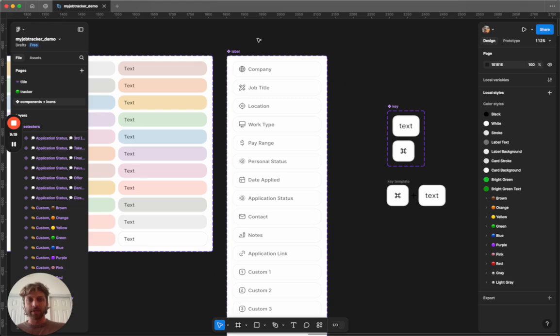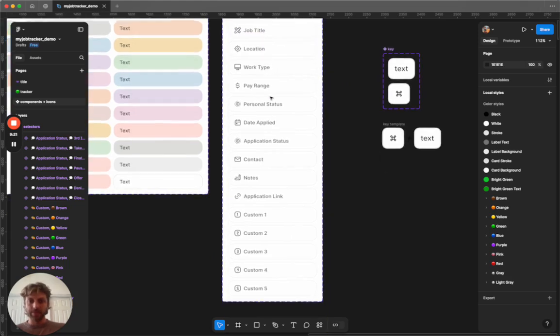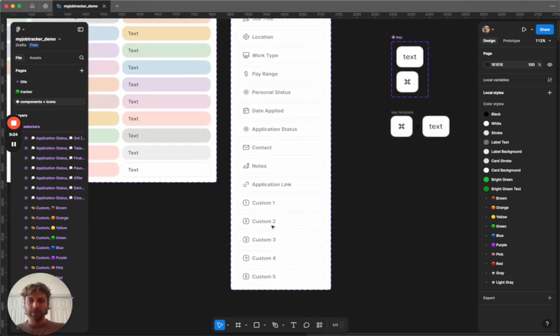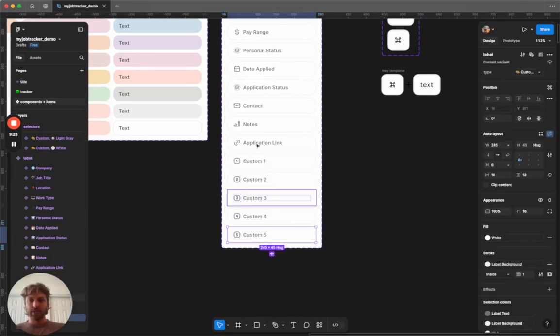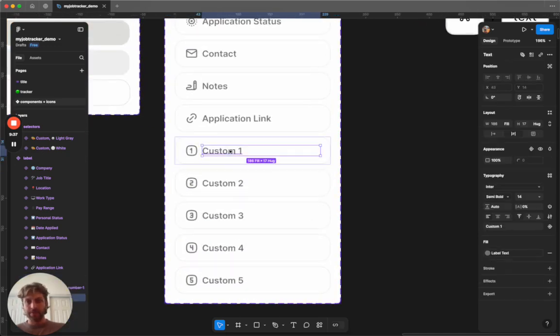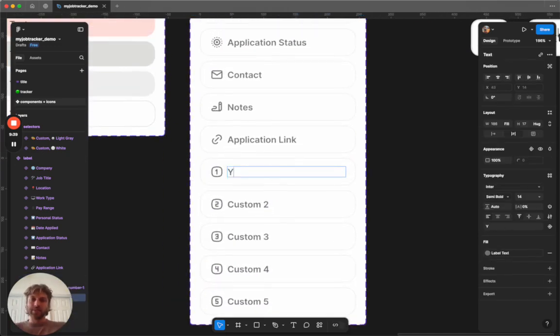We can actually go into the labels. And in the labels, we have all the ones I've given you, and I've already made some custom ones for you. If you use up all 5, to make another one, you just hit this plus, and you'll have another one to use. But we haven't used any yet in this demo, so I'm going to say, let's just say years of experience,